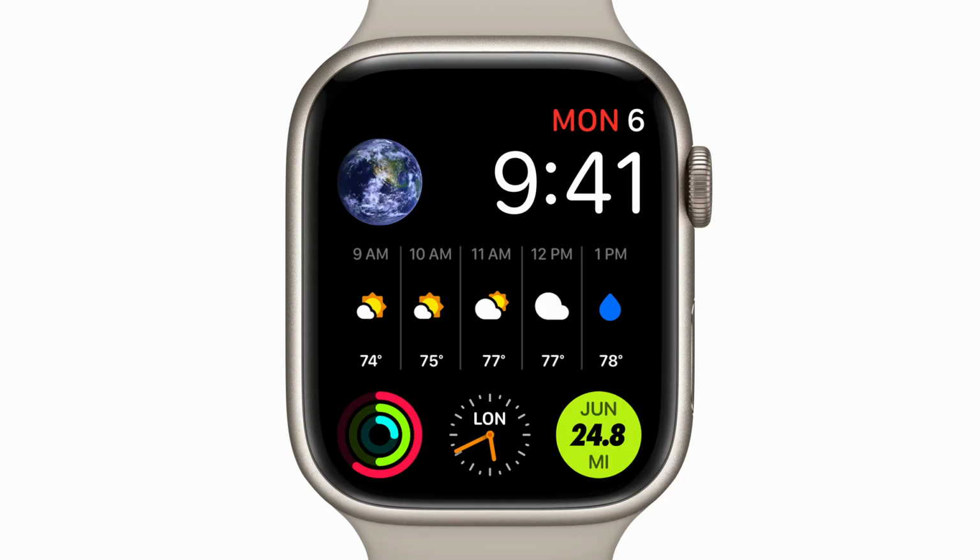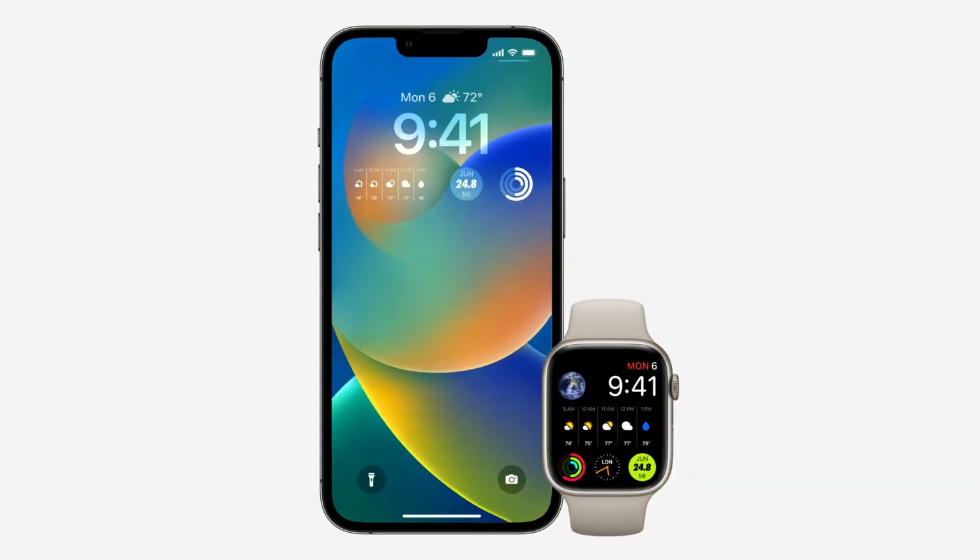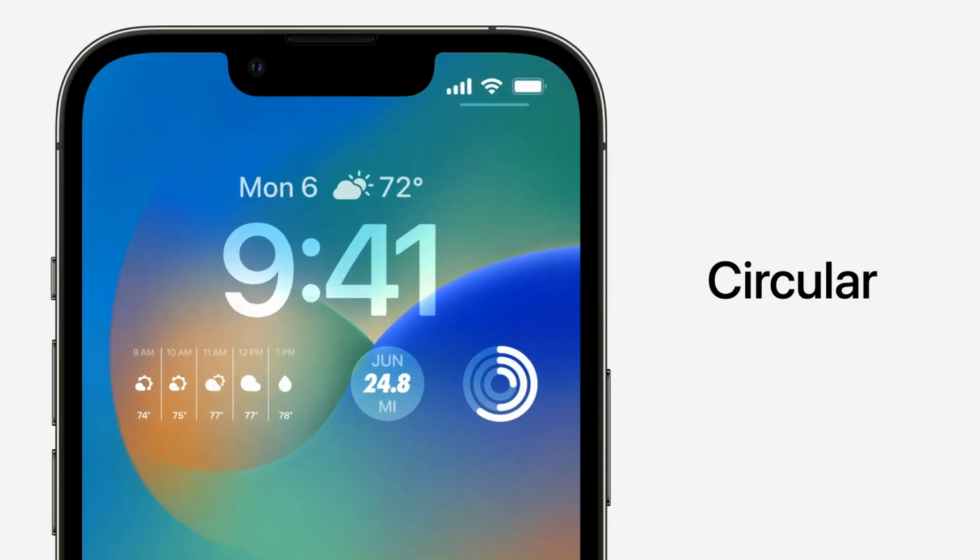When thinking about the best format for displaying even more information here, we didn't have to look far for design inspiration. Complications on Apple Watch already provide glanceable, relevant, and up-to-date information presented beautifully right when users need it. The design language naturally extends to iOS and feels right at home on the new lock screen. So, using WidgetKit, we brought some of those same designs to widgets on the lock screen, including Circular, which displays